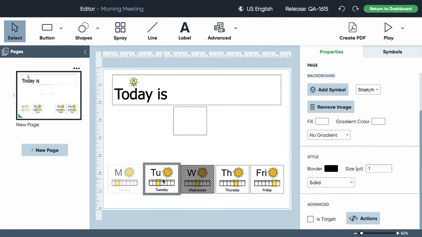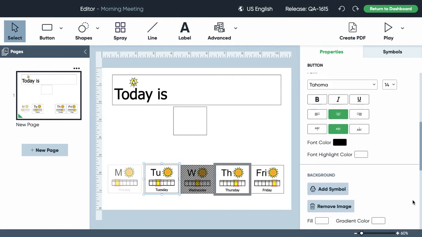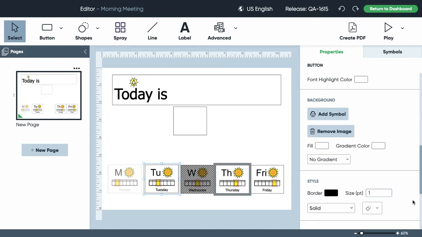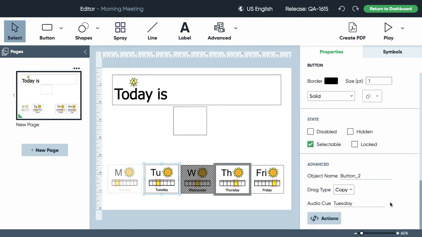Now, the most exciting news that I know we have all been waiting for, begging for the past 3 years, and that's the ability to move a button. So if you click on a button that you want to move, you'll see down here under the advanced features, you can name the button if you want to give it a name, but drag type, you'll click on the drop down. It'll be set to none by default. But to make it move, you click on the drop down and select move, and that will make the button